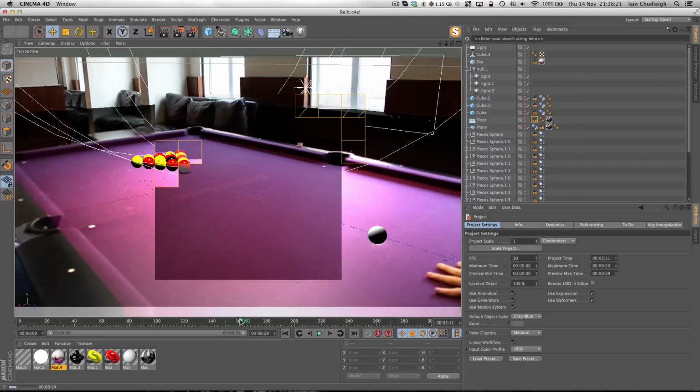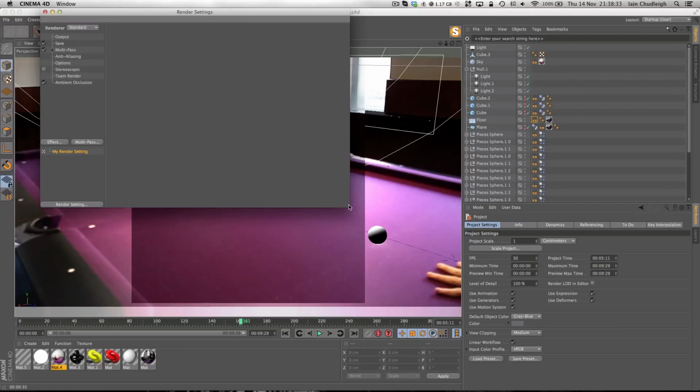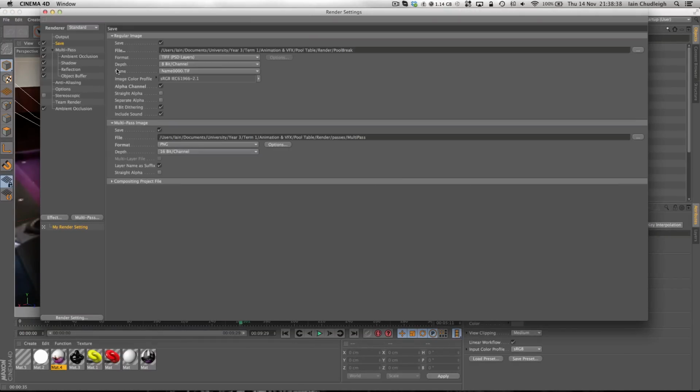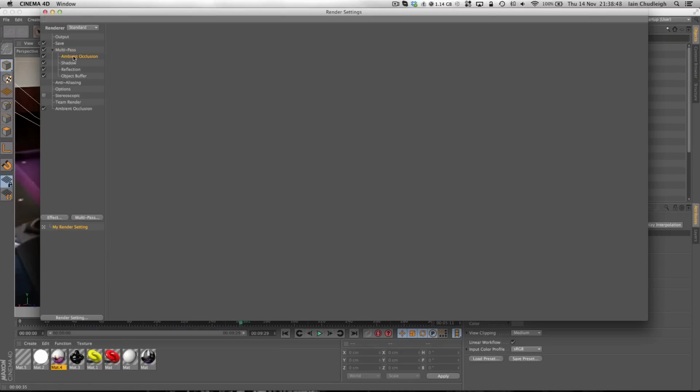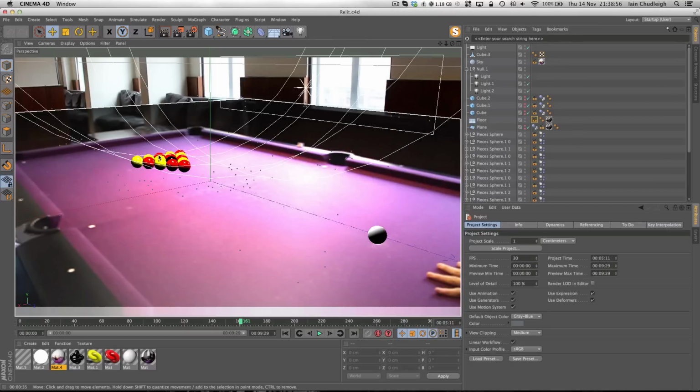And obviously this isn't how you export it to After Effects. There are several things you need to do first, and I'll kind of show you briefly. So what you need to do is set up multi-passes here. And so what I have is the basic save file here, regular image, multi-pass image, and compositing. And in the multi-pass I have the ambient occlusion, the shadow, the reflection, and actually an object buffer for these